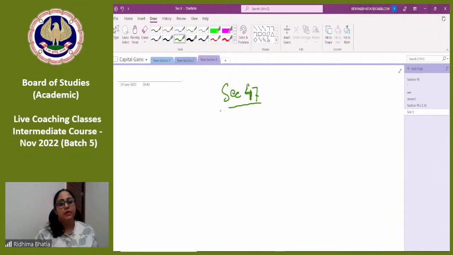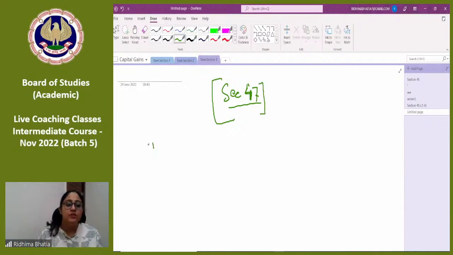Again, what did I say? You will see the asset is changing its shape or the ownership is getting changed. But there are certain situations which will not be regarded as transfer. So these are the cases of exempt transfer, section 47. First case is, everyone please on the screen,